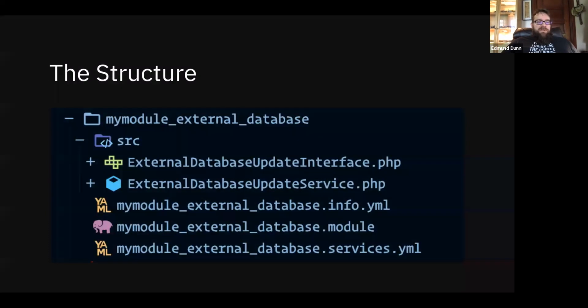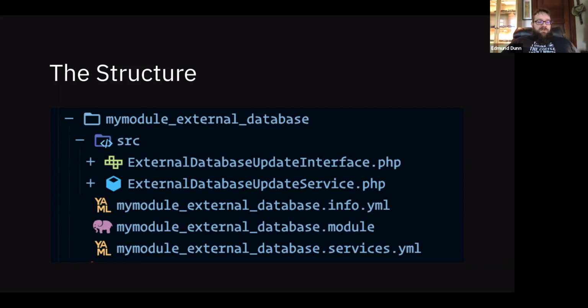So what it ended up looking like was this. We added a .services.yaml file, and then under the source directory, we have our interface and our service files. And I will get into more detail on what those are and why they're necessary as we get a little bit further into this.